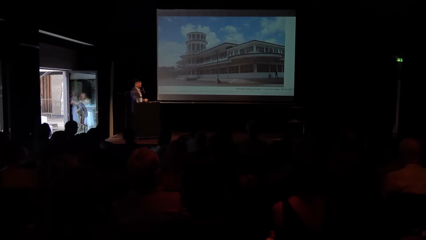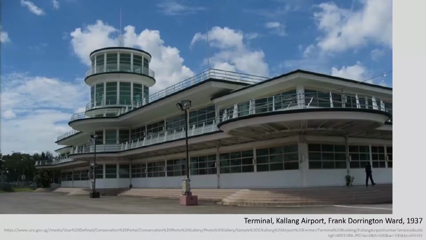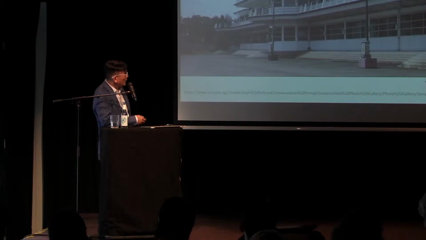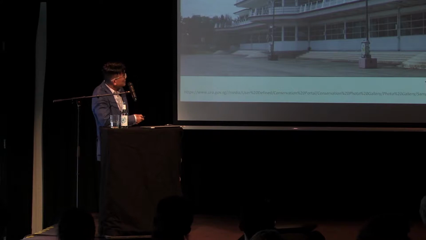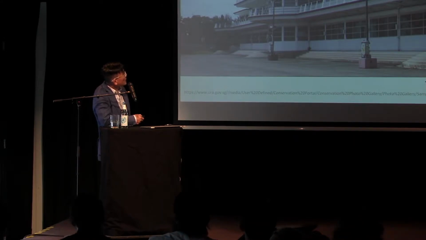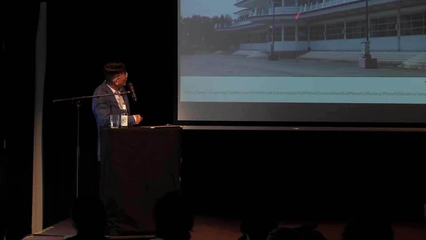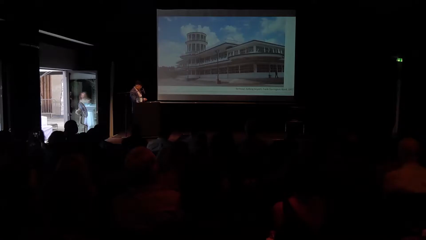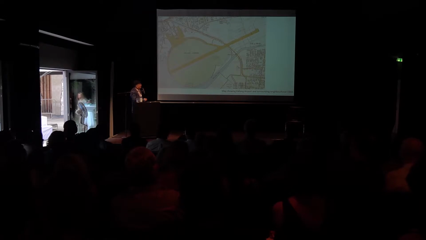But at the same time, in the same year, he completed this building as the first international airport in the Kallang area. And this is totally in a Bauhaus or international or modernist style with really nice modernist materials, as you can see underneath here, a very large overhang, and layers of openings in a tower as well as along the side. And this was done in 1937. And that is the airport building here.